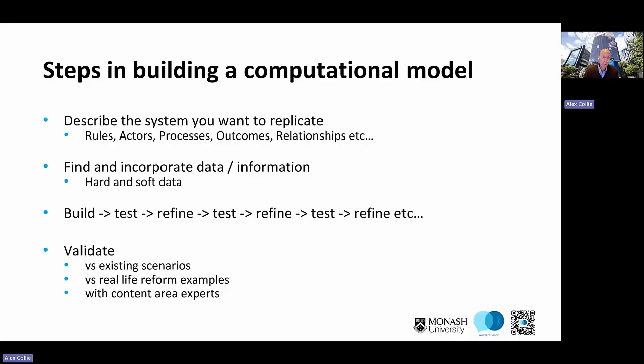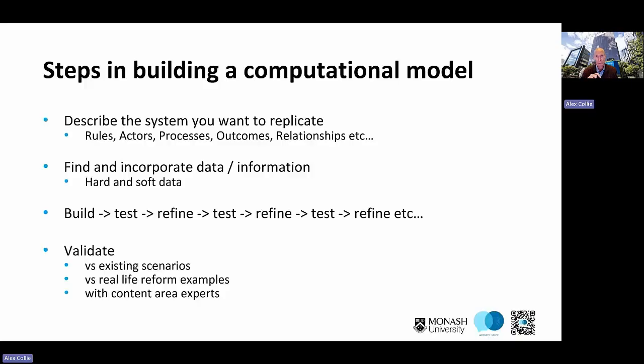And then we build it on a computer, we test it, we refine it, we test it, we refine it, we go through this iterative process until it's producing sensible outcomes. And the way we know it's producing sensible outcomes is we try to go through this validation process where we compare what we're seeing in this virtual model to real life examples. So we might say, one of the things we're hoping to test here is the legislative reform that occurred in New South Wales in 2012. We've published a couple of academic papers on the actual outcomes of that reform in terms of claims volumes and duration of time lost in these schemes, so we know what actually happened.